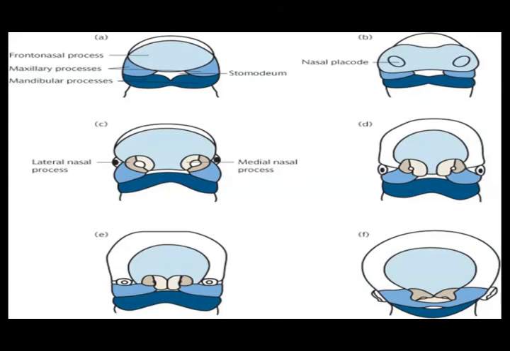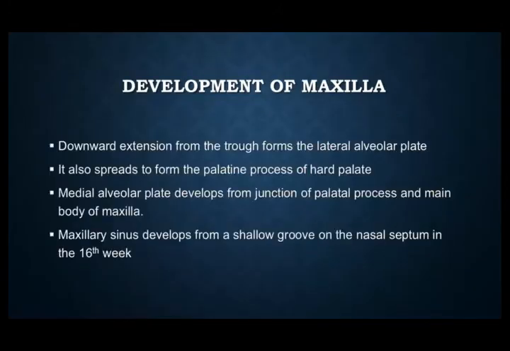ठीक है, this is just to show you how the different maxillary processes are involved in formation of the lateral part of the upper lip, and also how they form the different parts of the maxilla. ठीक है, फिर इसी तरह से हमने देखा कि downward extension forms a trough-like structure. ठीक है, अब होता क्या है कि when the maxilla is going to grow in the anterior direction, तो क्या होता है कि it forms the